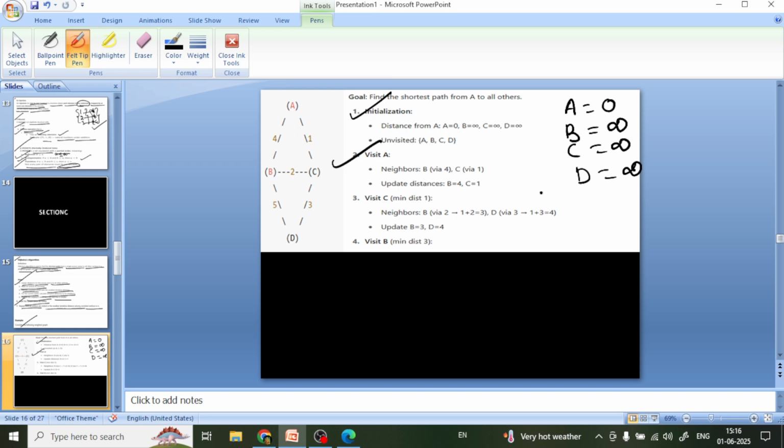You can go through A to B or A to C. The minimum is A to C, so I choose A to C first. That is 1. After that, B to D, C to D and C to B. C to B is equal to 2, so I will choose 2. And after that, from B to D, you can choose this. 1, 2, 3, 8 is the total shortest path value.